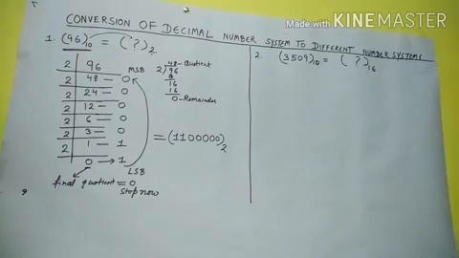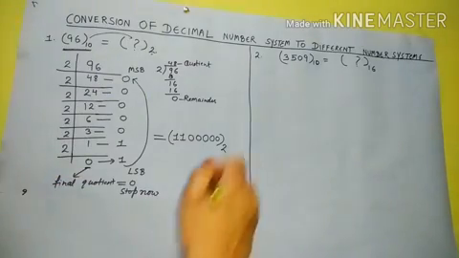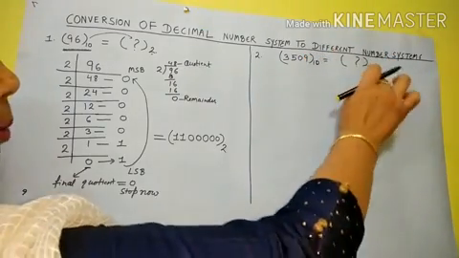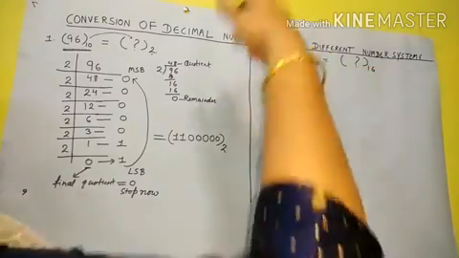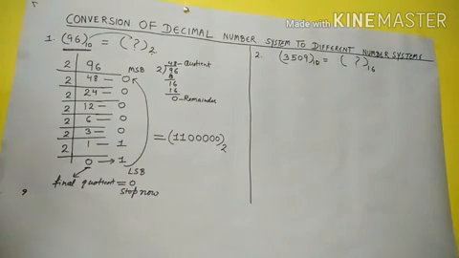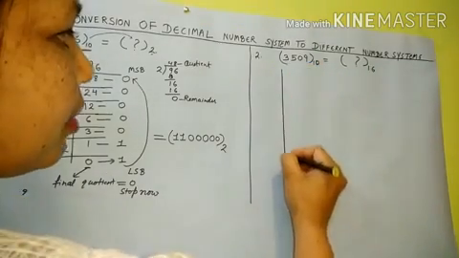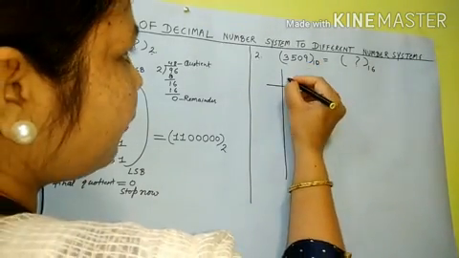It means what we need? Hexadecimal equivalent. So let's divide it by 16. Whatever equivalent number you need, by that radix or base, you will keep on dividing. Same process will be followed. You will keep on dividing, and by the time you get 0, you will stop there. So, same process. Make it like this.